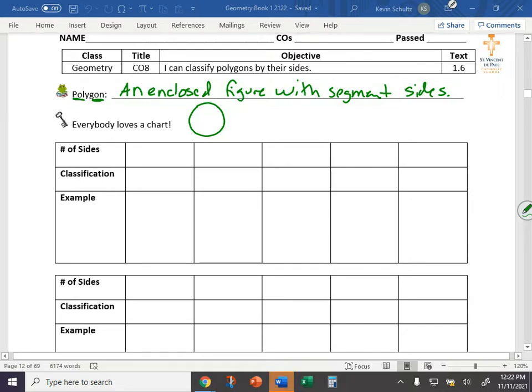The polygons that we're going to focus on heavily this year in geometry include all sorts of triangles, okay? They include quadrilaterals, which are going to be squares, and rectangles, and trapezoids, and rhombuses, and